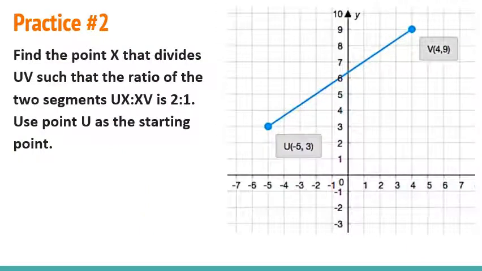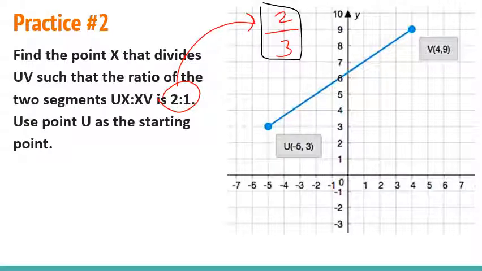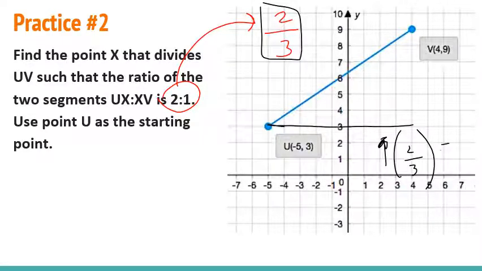Okay, why don't you try this one out here on your own, and then we'll get you to the exit ticket. Go ahead, pause it here, give this one a shot. All right, and I want to go over this one for you because this is the most challenging one. So the ratio, we turn that into a fraction, 2/3. And then if we figure out the horizontal distance between these 2 points from -5 to 4, okay, that's going to be a distance of 9, right? So we need to figure out what is 2/3 of 9. So if we multiply 9 by 2/3, that's going to get us 18 over 3,